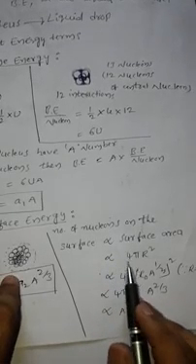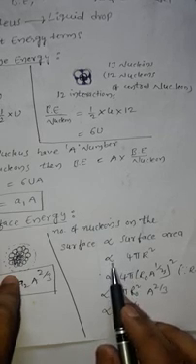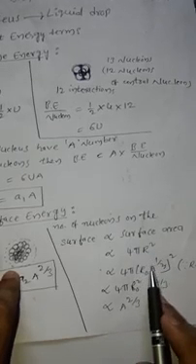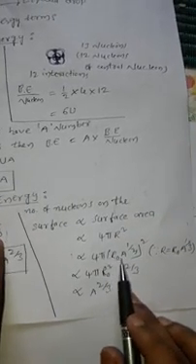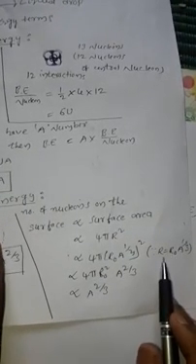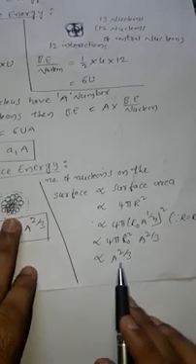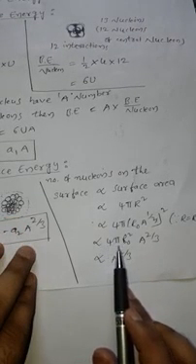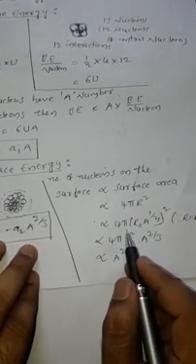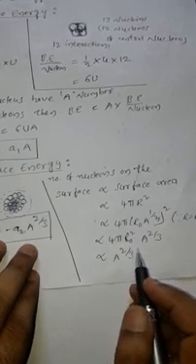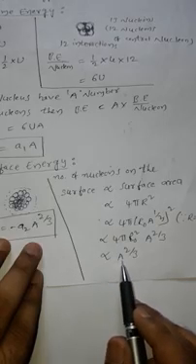If the nucleus is in the form of a spherical shape, then we can write the formula 4 pi r square. Here r is the radius of the nucleus, and we can write r equal to r naught A power 1 by 3. If we substitute this, we get proportional to 4 pi r naught square A power 2 by 3. Here 4 pi r naught square is a constant. Then the number of nucleons on the surface is proportional to A power 2 by 3.